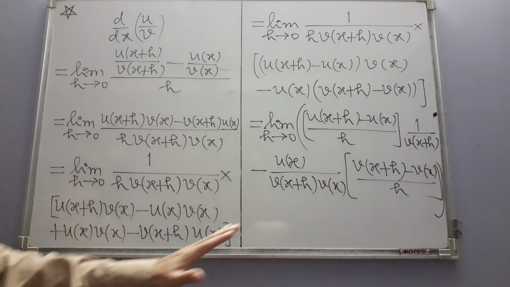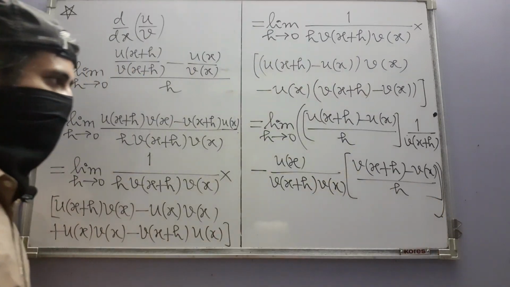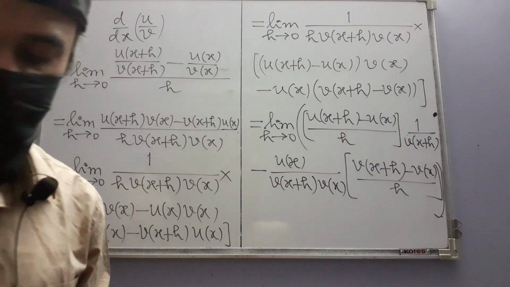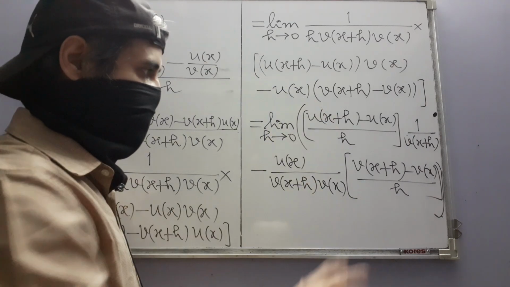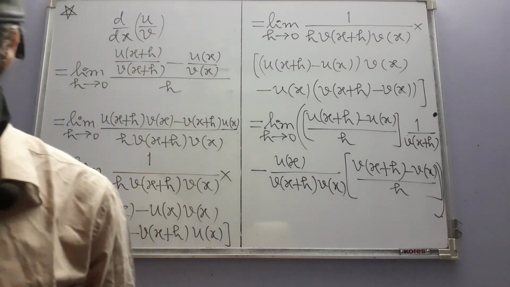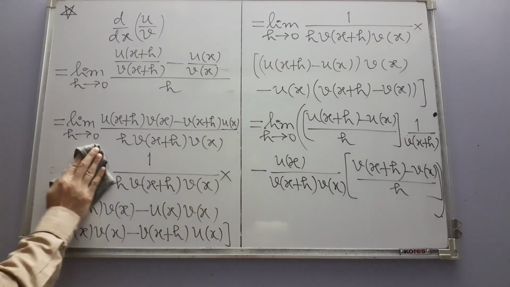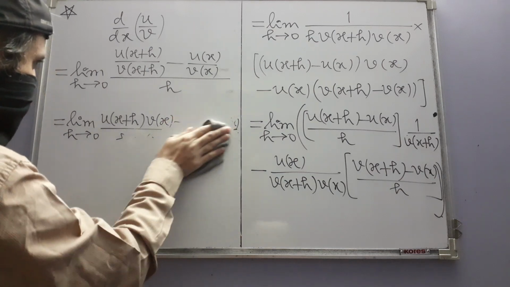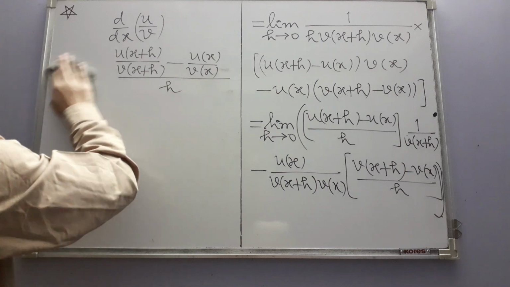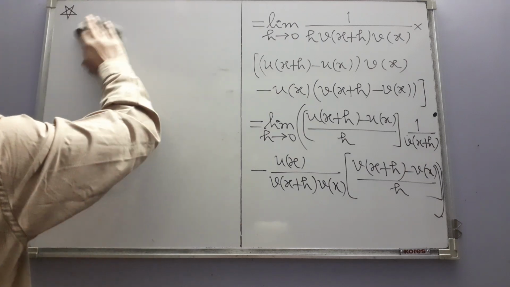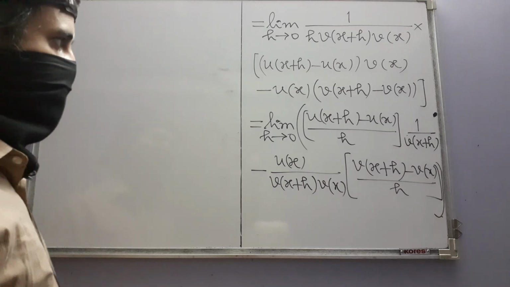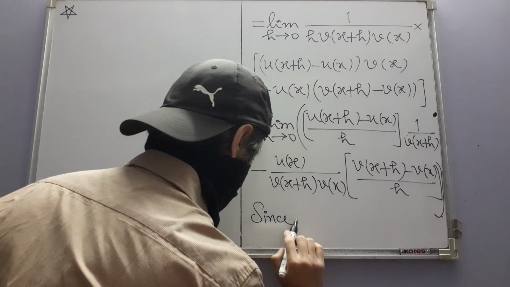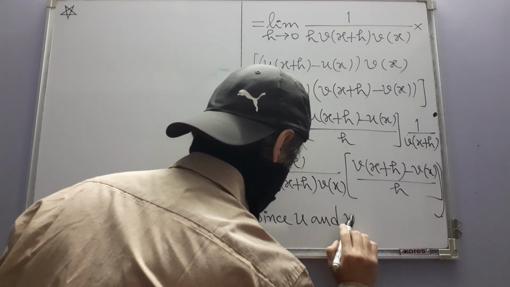Alright, now we have to stop the calculation here and answer what happens to these quantities when h approaches 0. Do they individually have limits, just like before? If so, can they be combined using the limit laws to calculate this limit? And if so, what will be the final expression? Since u and v are